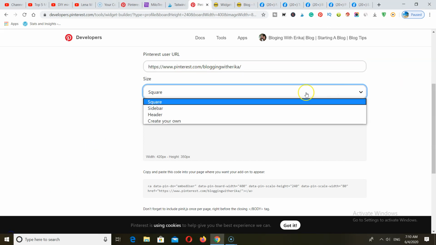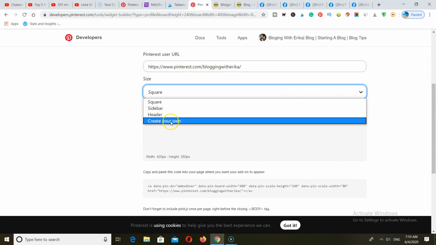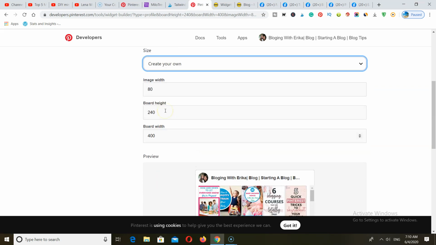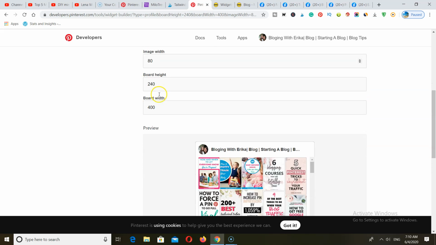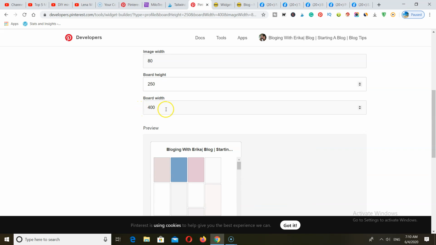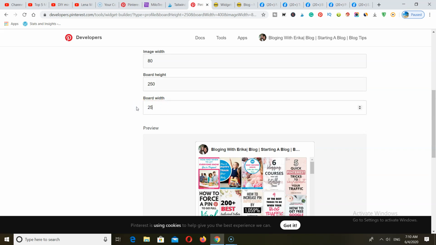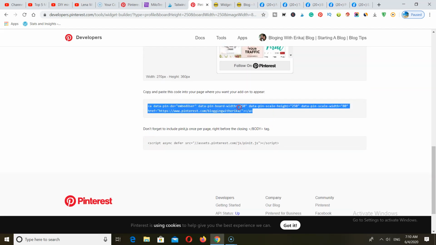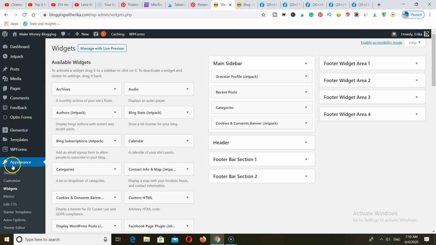And you want to go ahead and create the option that says create your own. Just select that, and I recommend that you set this to 80, 250. Let's go with 250 by 250. So this is going to create this box for you, and the 80 just resizes the images that are going to show up. And now all you got to do is copy your code, go back to your blog,